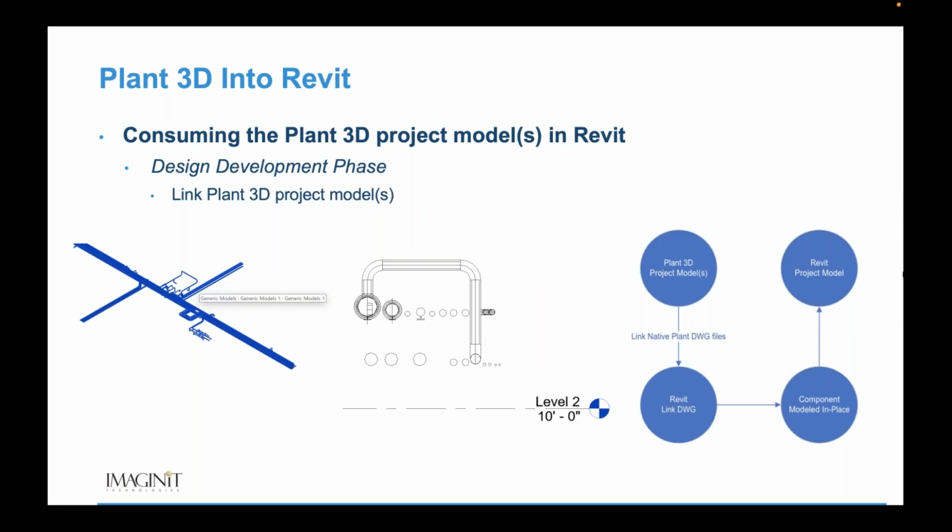If you take the native plant drawing files, so over here in the diagram in the corner, I'm saying if I take the plant 3D drawing files, I link those native files into Revit, because Revit will allow you to link in the native file format, or the DWG file format, if you will. Because I can link that inside of an in-place family inside of the Revit model, that does give the Revit model the ability to present that data and to honor the view